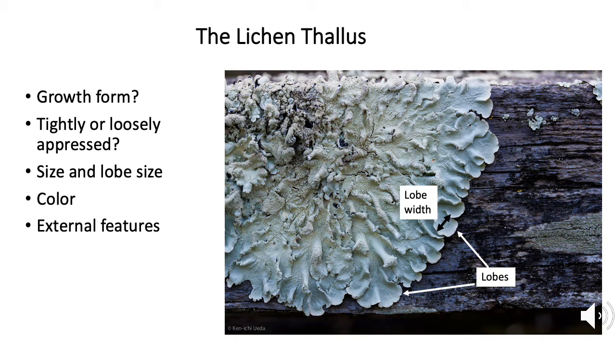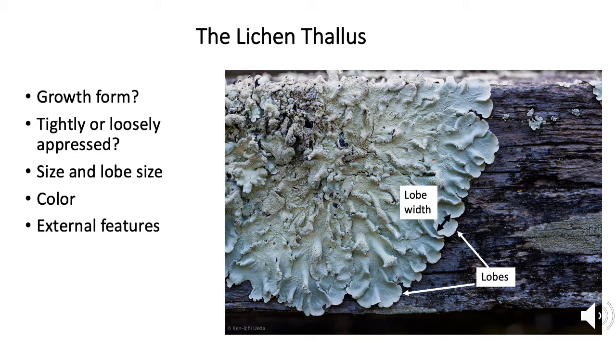Great. A lichen thallus is generally made up of lobes, like this one here, and those lobes may be tightly appressed. That's with an A, not an O. Pressed to the substrate or loosely appressed, or not attached at all. And when you look at a lichen, the first things you're going to consider if you want to identify what it is going to be what substrate it's growing on, what shape is the lichen and its lobes, what growth form does it have,